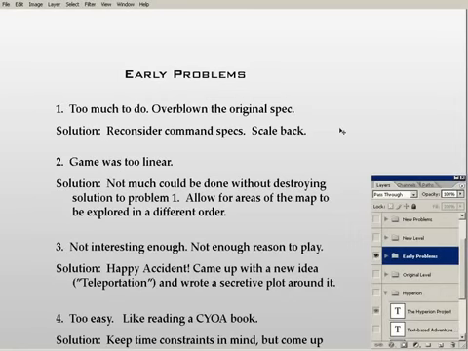We did have a big one at first. Yeah, we had use, scan, take, look at, use. I think I said use twice, but we had all of these different things that we could do, and it turned out that we were just overblowing the project and making it too hard on ourselves, and in the end making it too hard on the people who were here to learn. And in our case, the gaming experience was only part of it. The other half was making something that people could learn from by the experience of actually writing it. So we had to throttle back, and that was our solution, was reconsider the command specs and then scale back a bit.